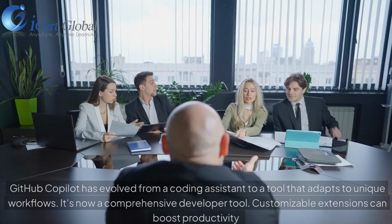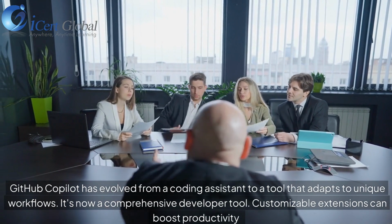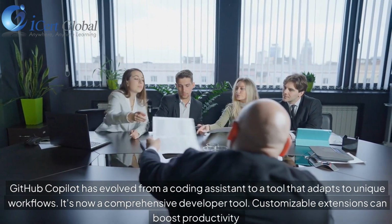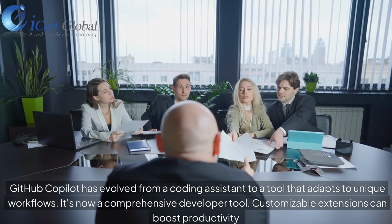Conclusion. GitHub Copilot has evolved from a coding assistant to a tool that adapts to unique workflows. It's now a comprehensive developer tool. Customizable extensions can boost productivity,